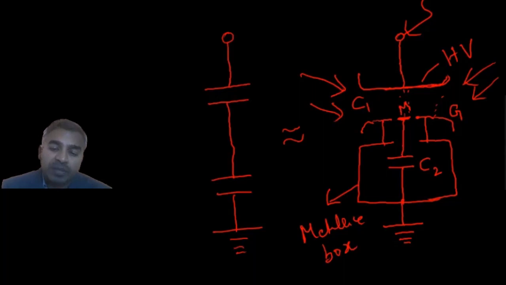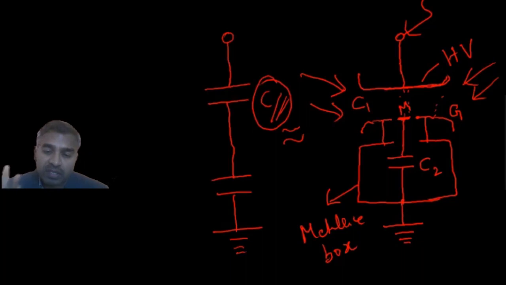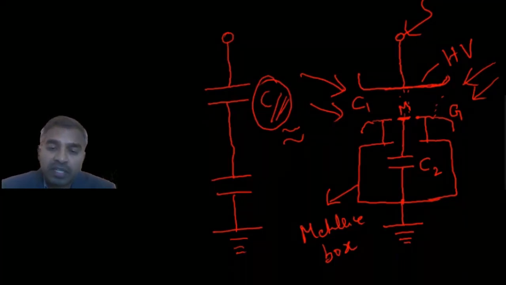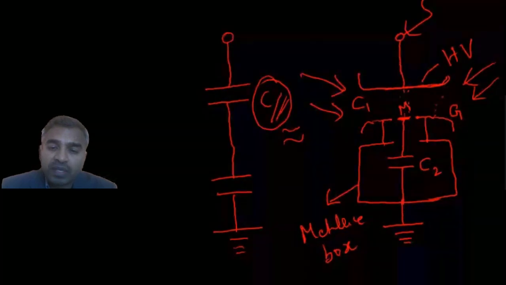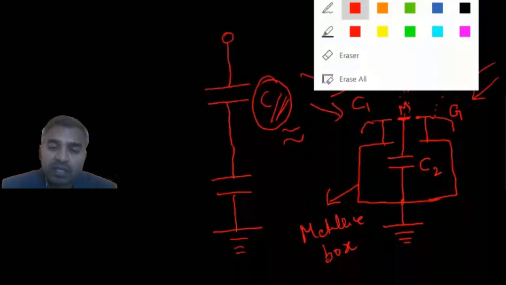This capacitance C is very important. This high voltage capacitance, its accuracy is very important. All the measurements depend on the value of this capacitance. Okay, its constructional details we will cover in the next class. Let us now see about its connection.